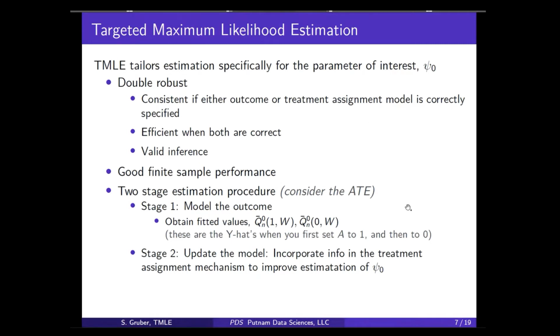So the only thing I want to tell you on this slide is these Qs. Q bar means it's going to be the expected value. That's like the y hat, the y hat when A is 1. This bar Q n 0, the little n means that we're getting an estimate from data. 0 means it's the first estimate we're getting. And 1W, and the bar, this whole thing means it's the y hat when I set A to 1, and I get out the predicted value from my regression model. And the same thing here. This bar Q n 0 just means it's my initial fit from data when I set A to 0 and, you know, these covariates.